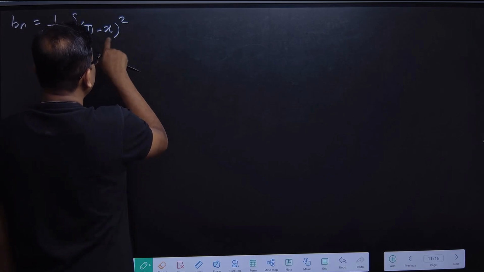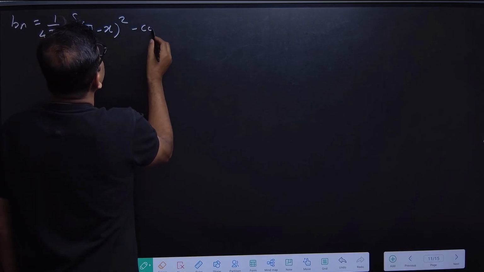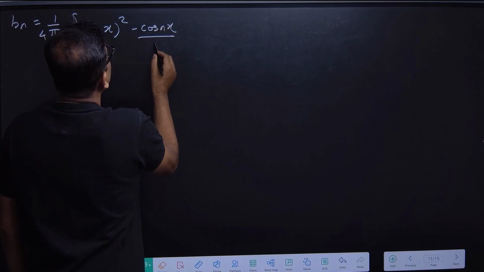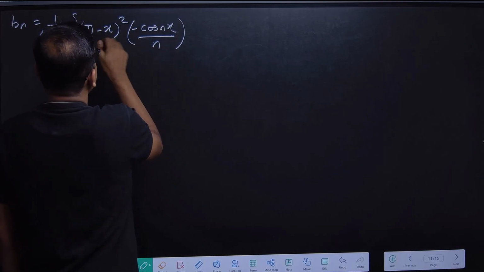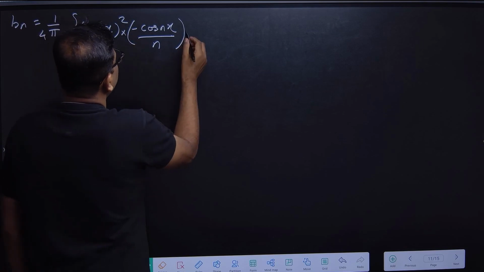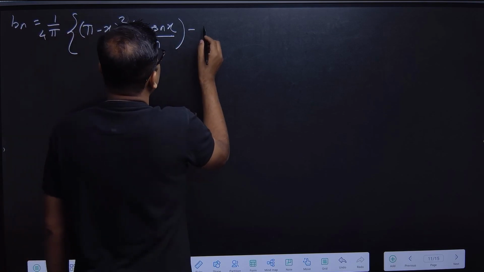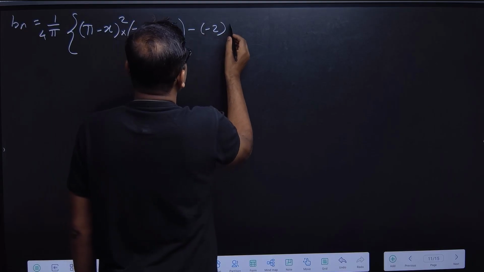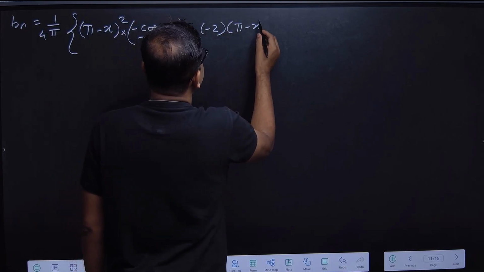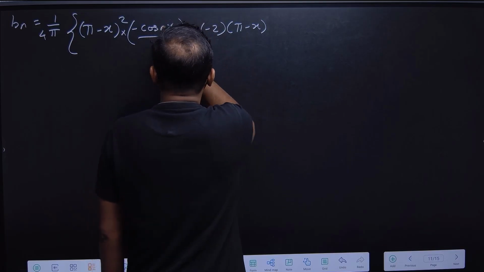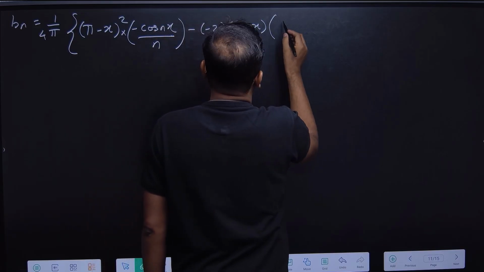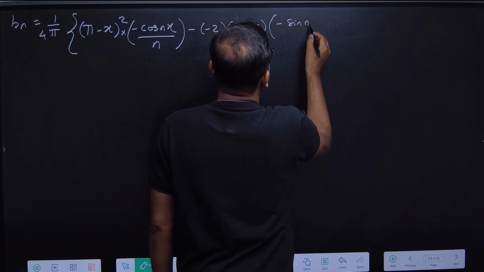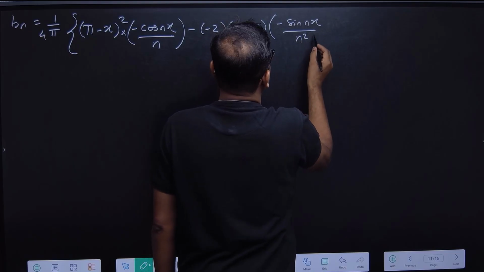So u into v1, v1 is minus cos nx upon n. Then minus u dash. We have found out that the derivative of u was minus 2 into (pi minus x), that is u dash, into v2. v2, the integration of this v1, was minus sin nx upon n square,